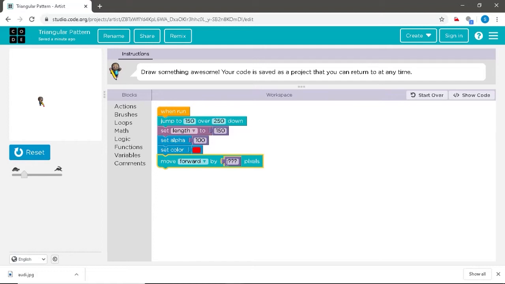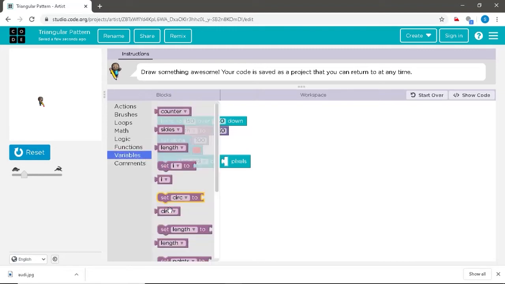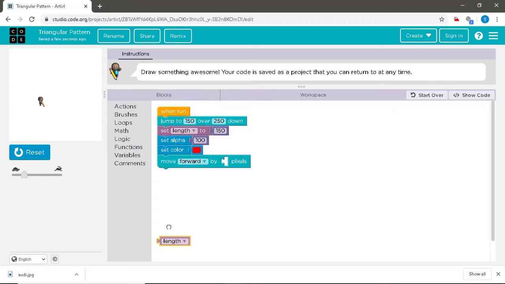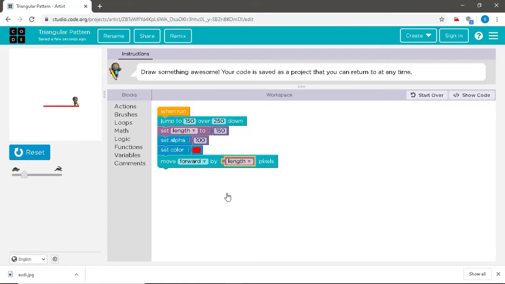Yes, instead of giving a command in pixels, since we have already given the length as 150, instead of directly writing it as 150, we can go to the variable section and drag the length command and place it here, which means that the artist will move forward by the length which is specified already.